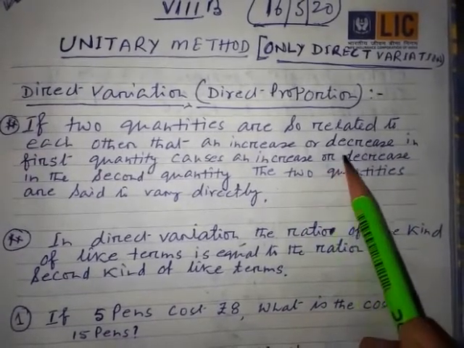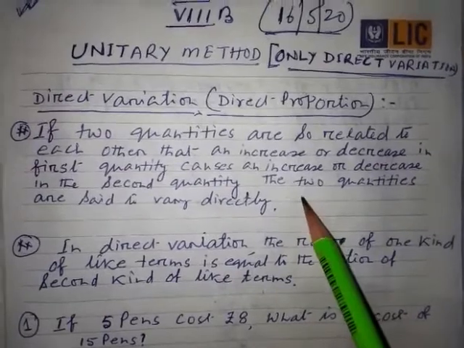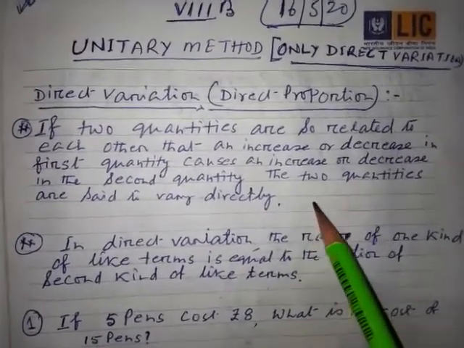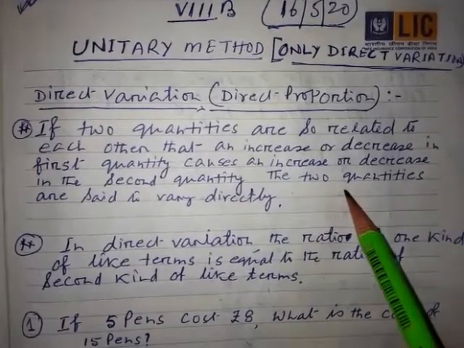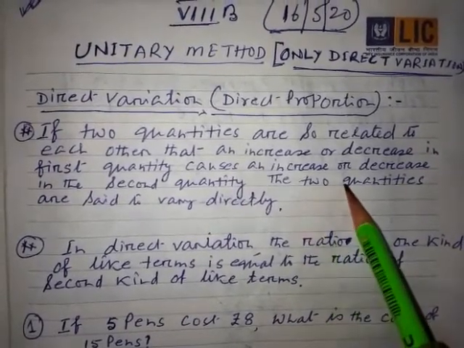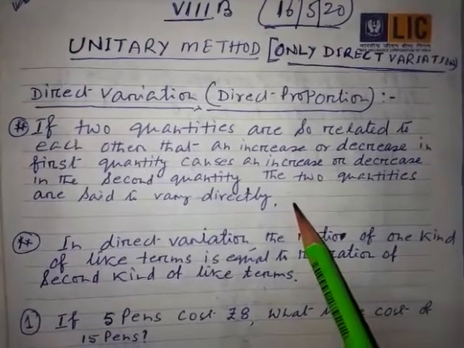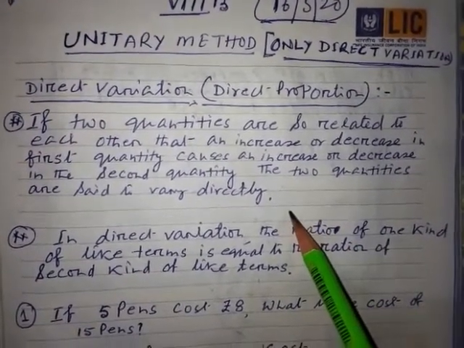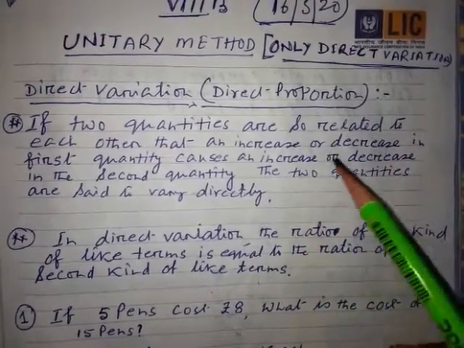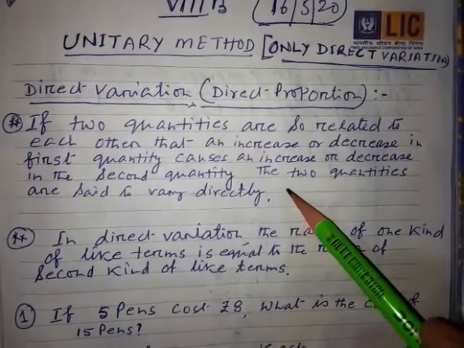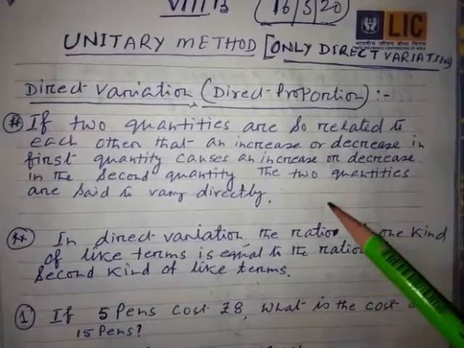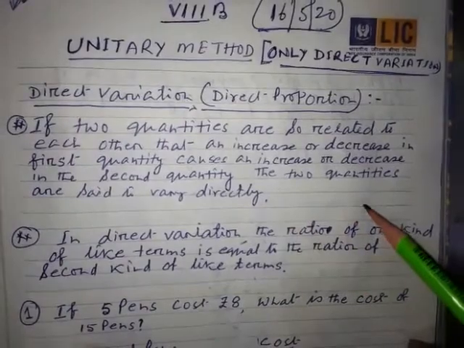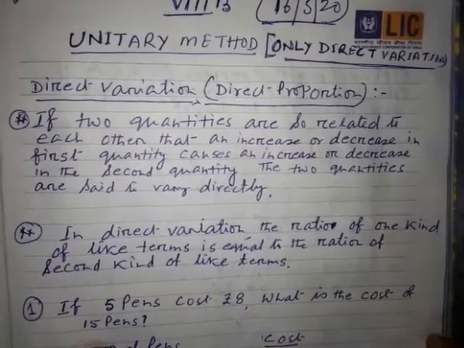Like giving you the example of the samosa. If I tell you the cost of 2 samosa is 10 rupees, what is the cost of 10 samosa? So easily you can find, 2 samosa, what is the cost? 10 rupees. Now when you find out the value of 1 samosa, what will come here? 5 rupees. So what is the cost of 10 samosa? 10 into 5, 50 rupees. So here, when you found out the value of 1, quantity decreasing, value decreasing. Now in place of 1, you are going to find out 10, value increasing, the cost will also increase. They are called direct variations.